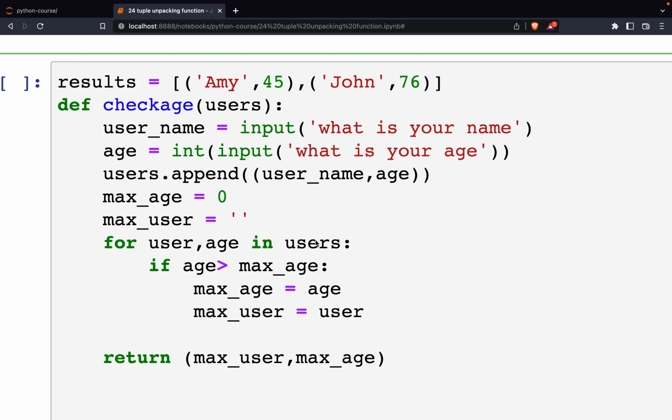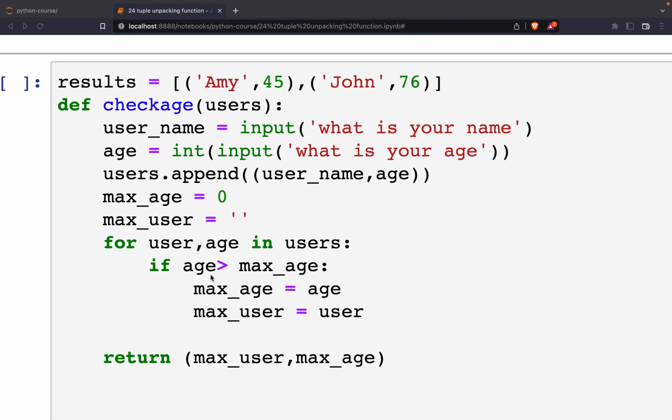And then for each user, we are going to compare with the max age and also the max user. So if the first one, 45, is greater than 0, because at the first time we use this function,